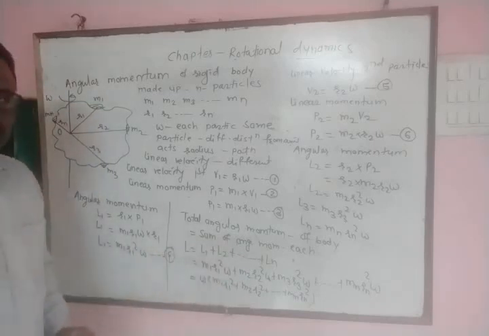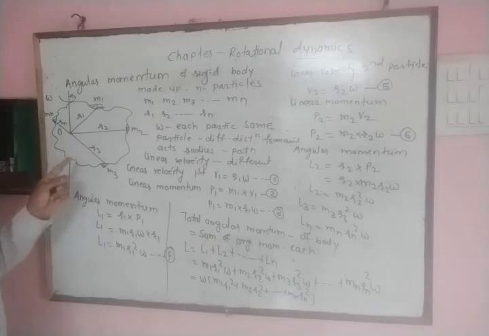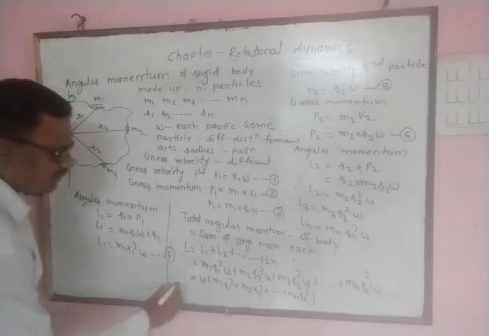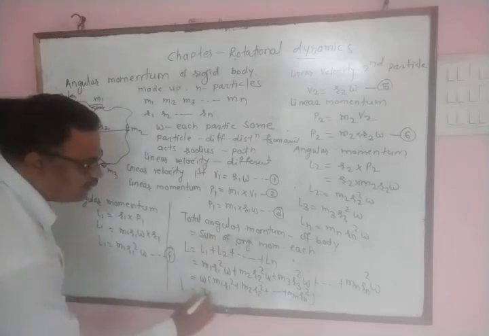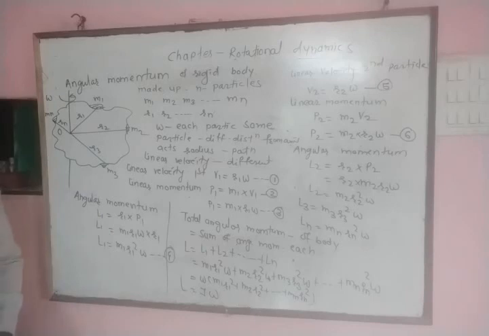By definition, this bracket represents the moment of inertia of this rigid body about the axis of rotation. Therefore, I into omega is the expression for the angular momentum of the rigid body. In this way, the total angular momentum of the body